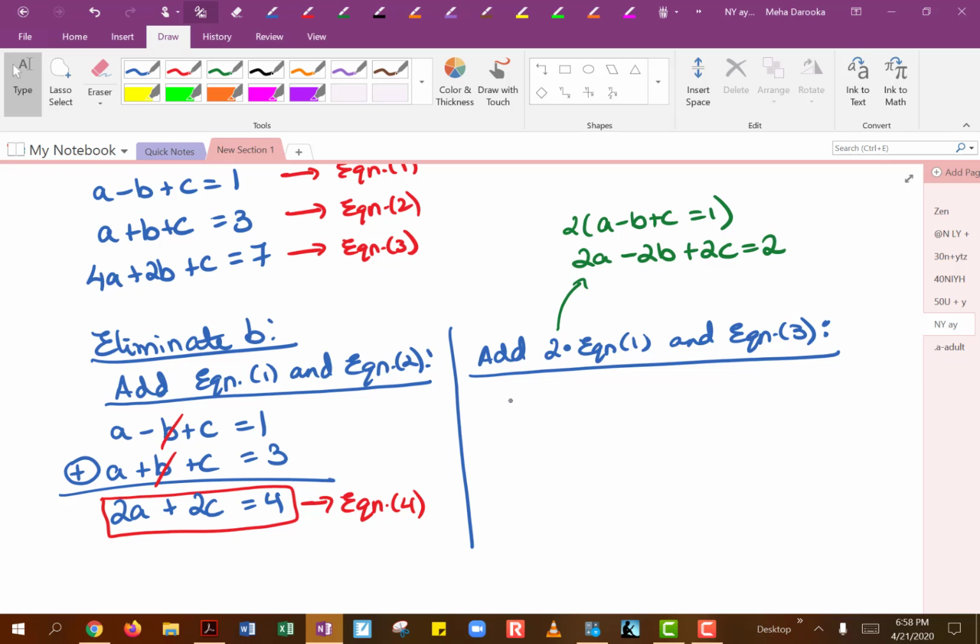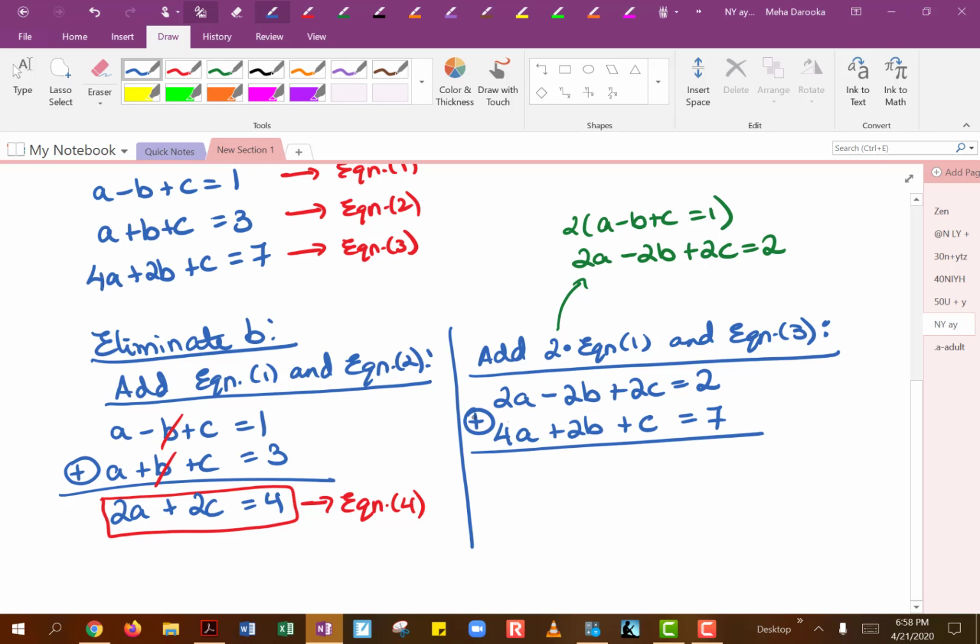Okay, so that's equation 1 multiplied by 2: 2a minus 2b plus 2c equals 2, and then equation 3 will stay as it is, which is 4a plus 2b plus c equals 7. When we add these two equations together, that negative 2b will cancel out with the positive 2b, which is exactly what we wanted, and then we'll end up getting 6a